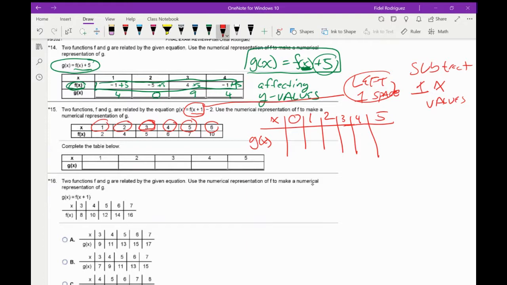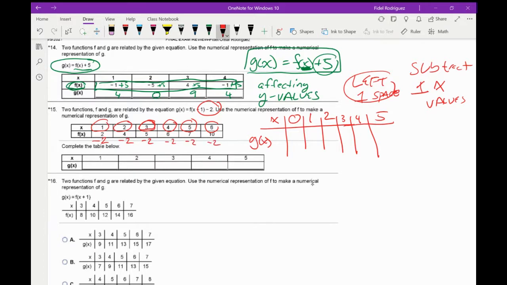On the inside, what I mean by the inside is this piece right here. If it has a plus 1, you're actually going to subtract. If it would have had a minus 1, you're actually going to add. You're going to do the opposite, okay? But on the outside, over here, how we have this minus 2, we're going to subtract 2 from each of